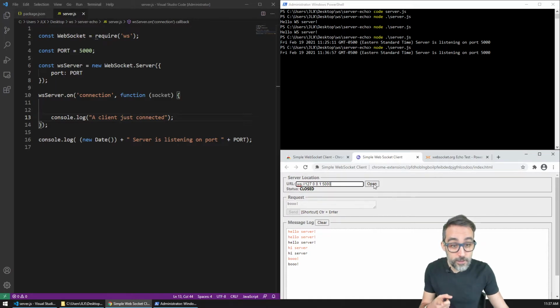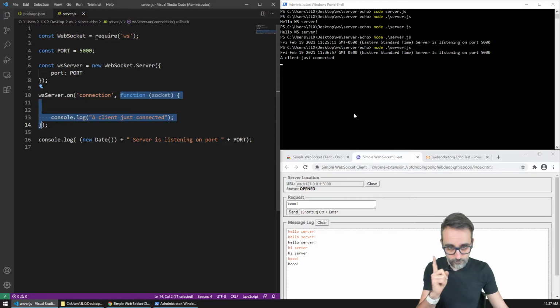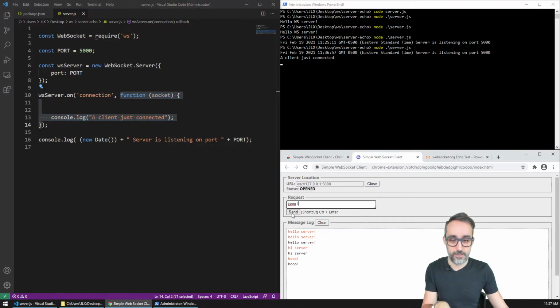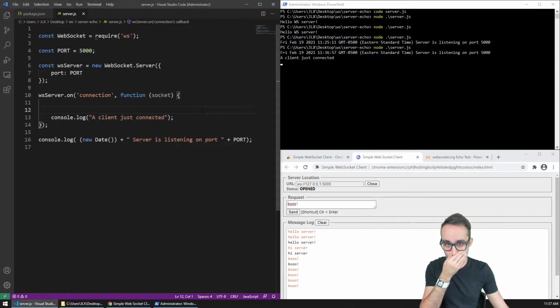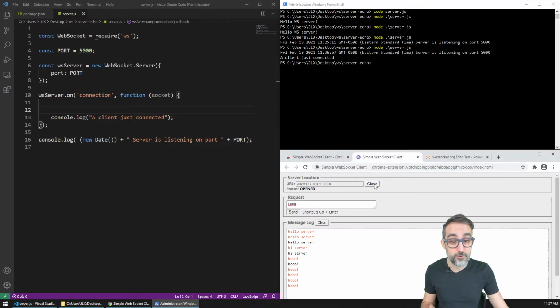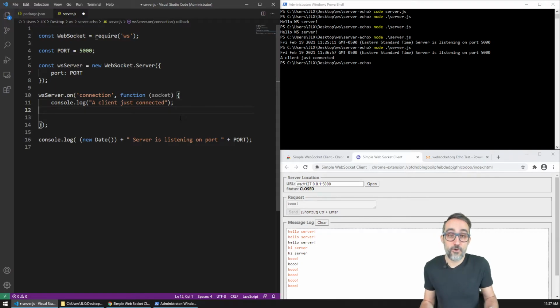I'm going to open the connection, and I would like you to see if we get any response as we get a connection. So I'm going to open, and you see that a client just connected, which means that this function executed whenever the client connected. And then if I send stuff now, still not responding in this echo way. So I'm going to stop the server, and I'm going to close the connection as well. It's not responding because right now we've only implemented this very simple